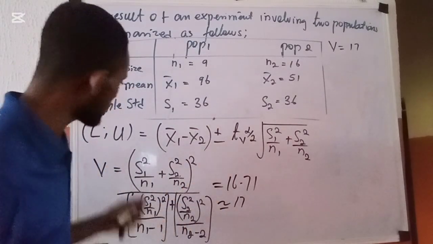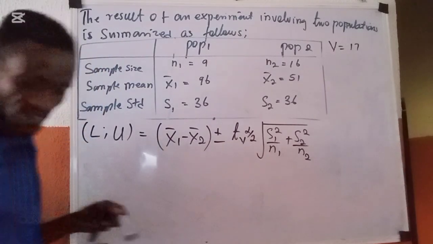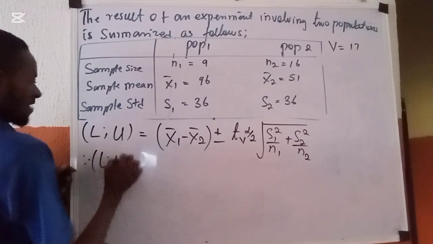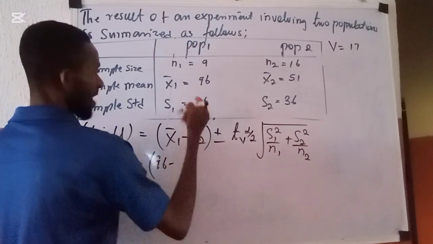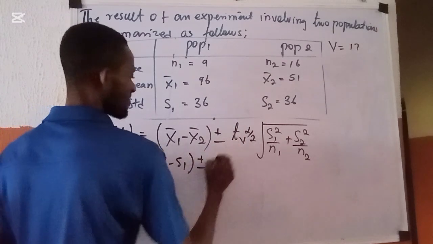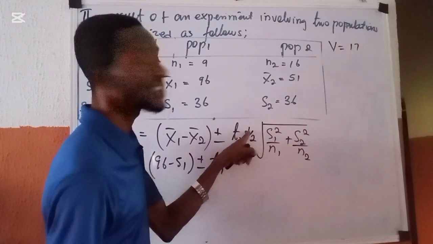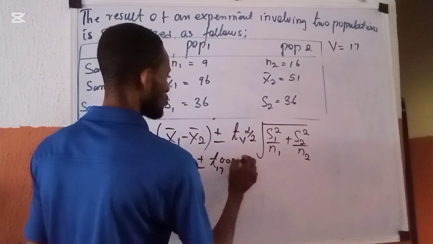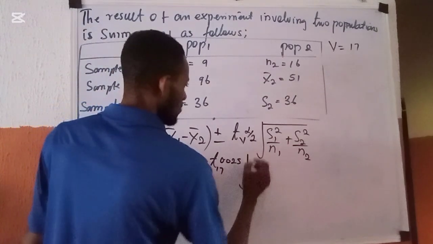So we now clean this place and we now say therefore, our L and U is given as, here x bar 1 is 96. You have 96 minus 51, close it, plus minus. Here is my T. This my V is already 17. I have 17. Alpha of 0.05 divided by 2 will give you 0.025. I guess you can confirm that. Then you have the square root of